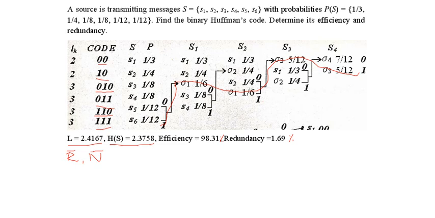Okay. So that's all for source coding. Basically in source coding we covered Huffman and Shannon-Fano coding. Generating code words and computing efficiency and redundancy is required in these problems. And for computing efficiency and redundancy, you also require entropy and average code word length. So these 4 things you should be careful about for finding solutions in source coding techniques.